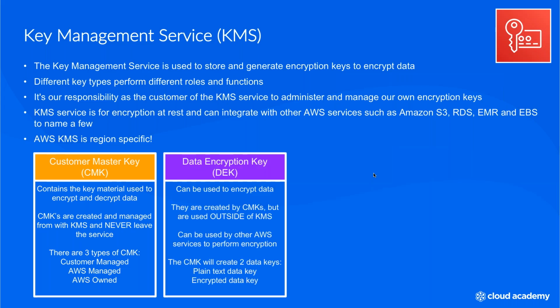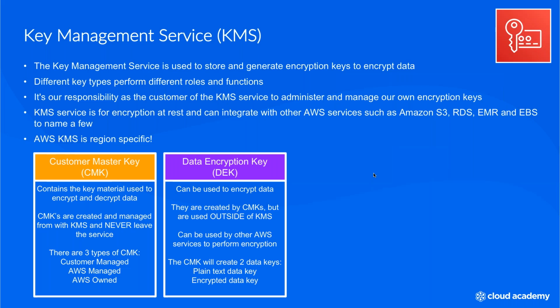Next, we have the data encryption keys. Now, data keys are created by CMKs. However, they are used outside of KMS to perform encryption against your data, either in your own applications or by other AWS services. So when a request to generate a data key is received by KMS, the associated CMK in the request will create 2 identical data encryption keys. One will be a plain text key and the other will be an encrypted key. And during this encryption process, it's the plain text data key that will be used to perform the encryption of your data using an encryption